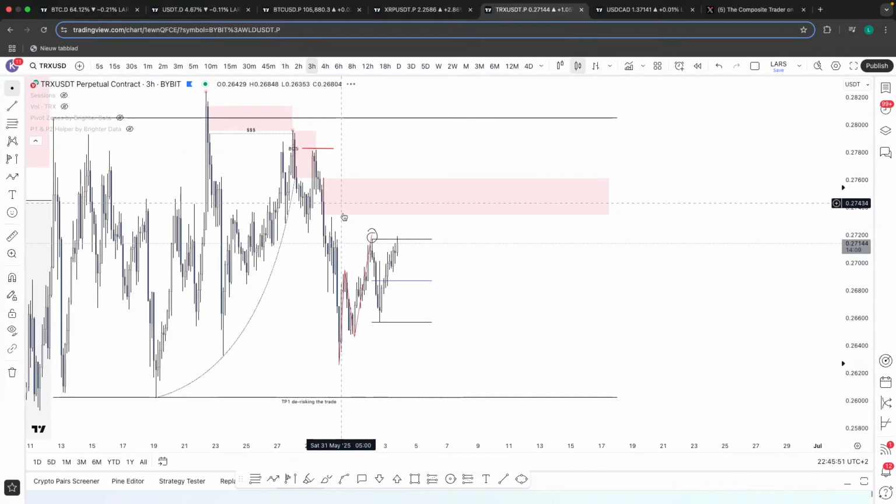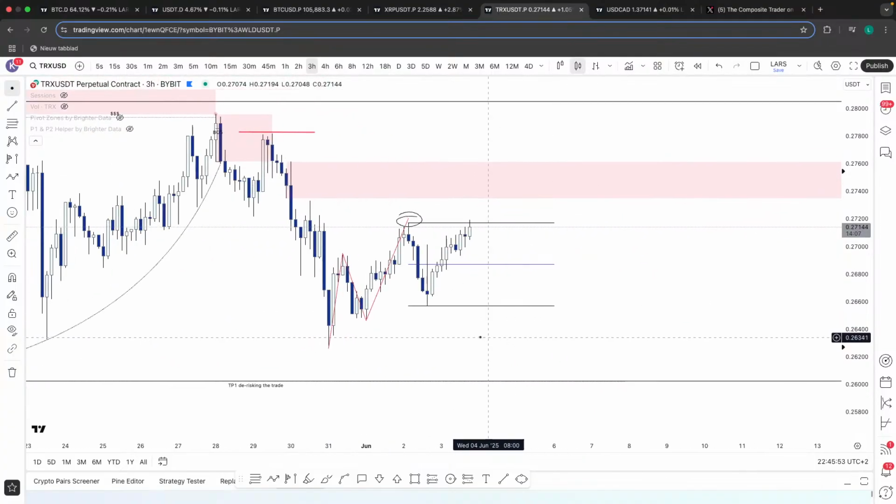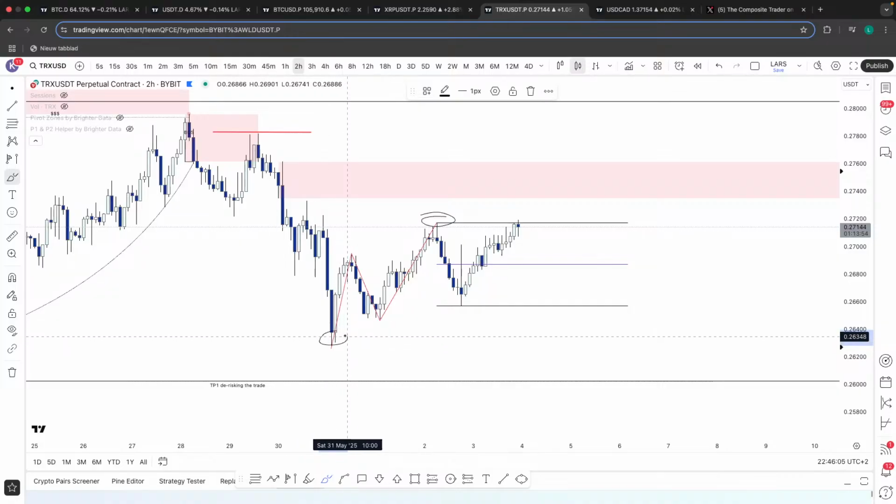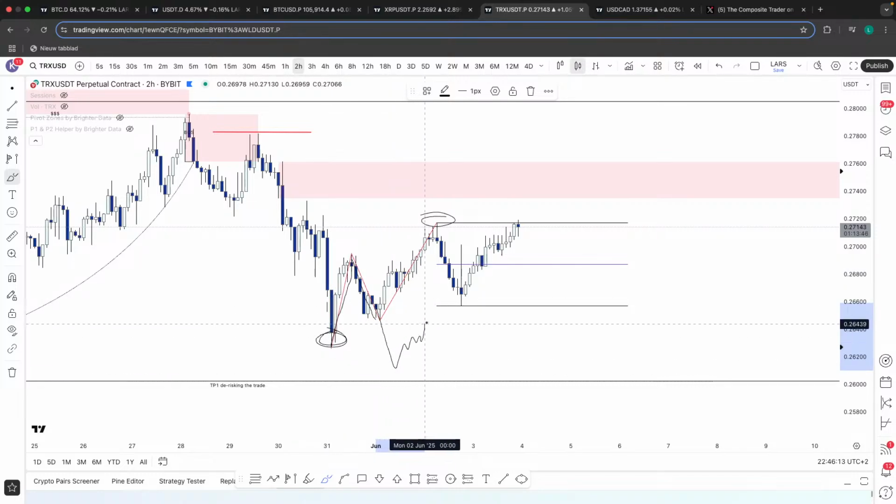It's more V-shaped. Even if I go to the 3-hour, you can see right here, it's kind of like 2-3 hour structure. It just looks more V-shaped. But also because it's that first impulse towards the upside, after getting that aggressive sell-off. Typically, that's when you have your market structure pull, whether it's a lower high or a lower low, and then you pull your range from an accumulation standpoint later on.